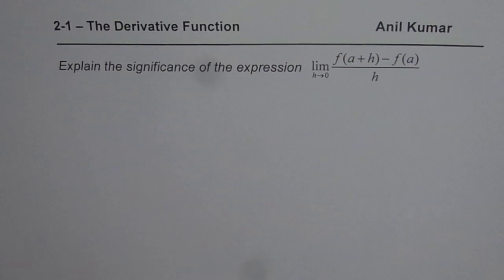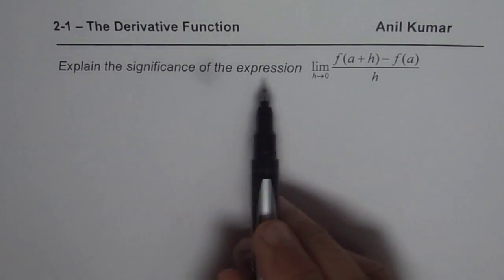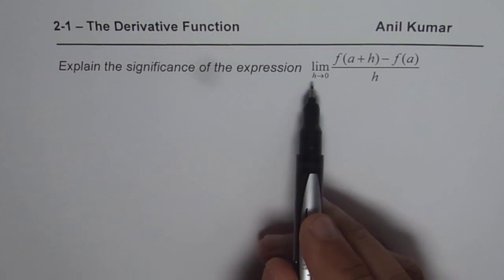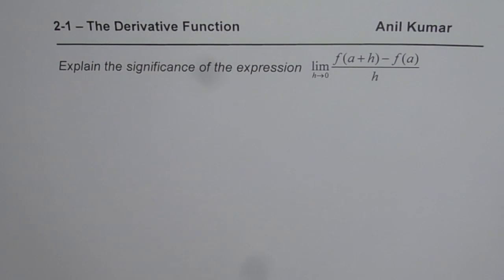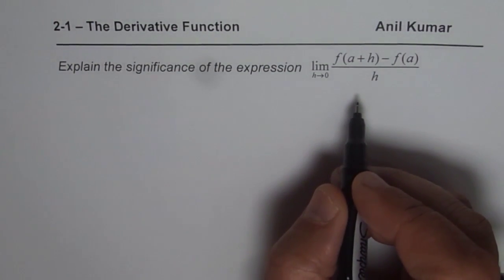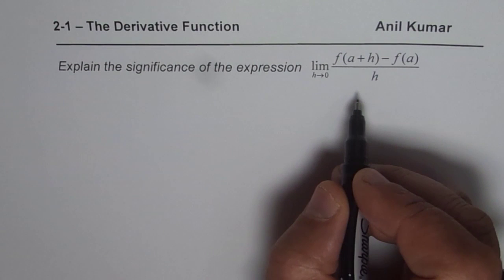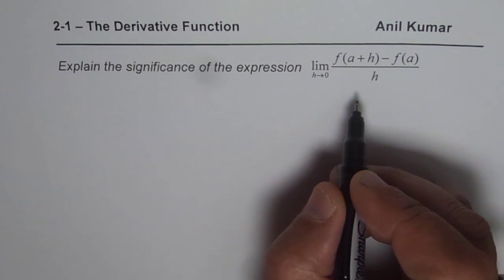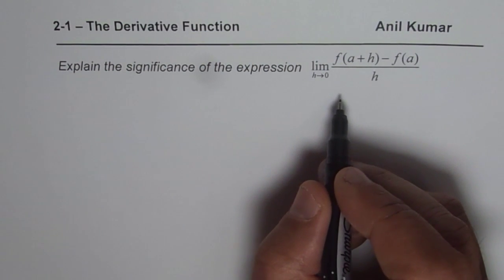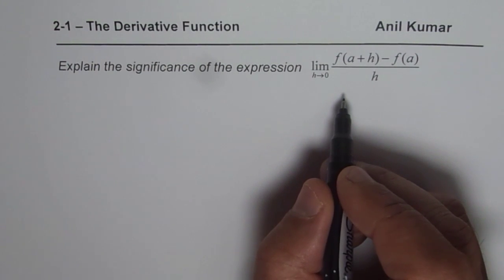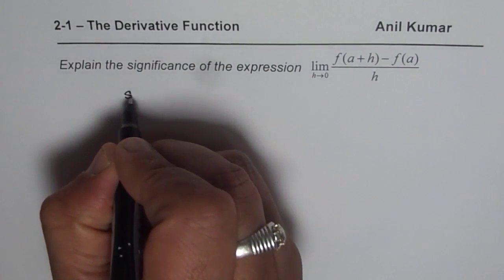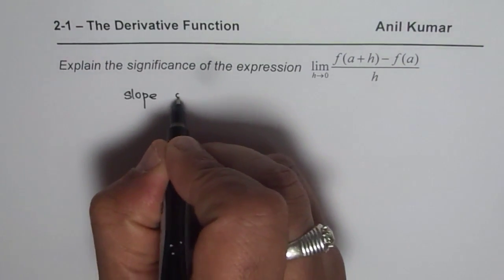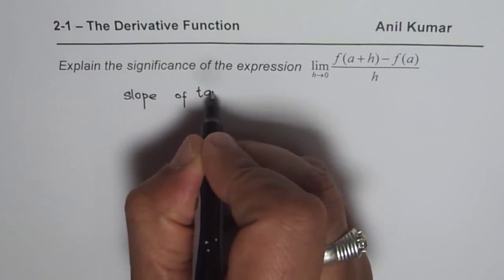The question here is, explain the significance of the expression limit h approaches 0 for f of a plus h minus f of a over h. Now, as you know, we have used this equation to find limits, and there are two very important applications using this particular limit. One of them is to find the slope of a tangent to the graph. So one of them, let me write down here, is slope of tangent line